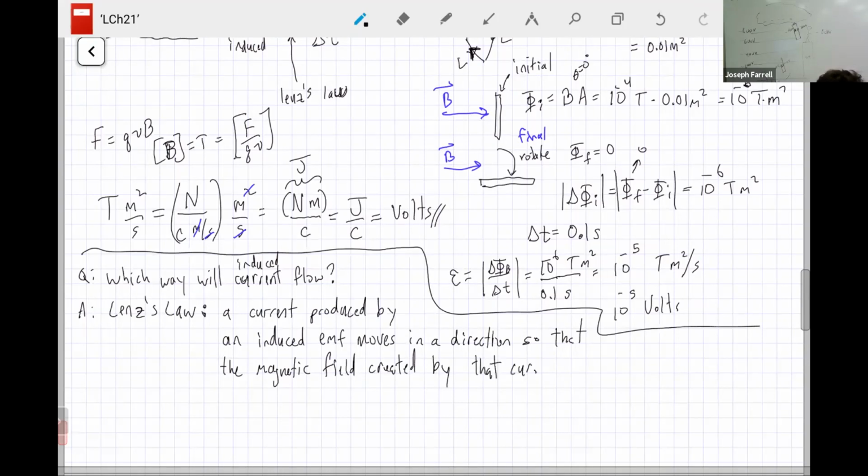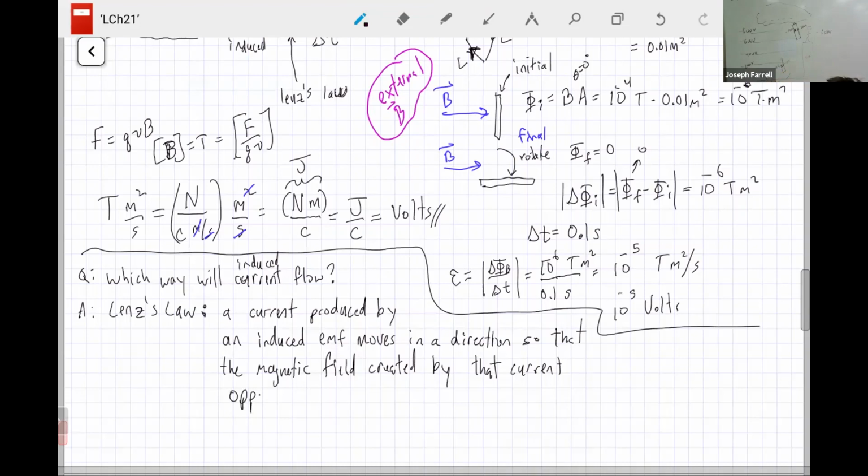So the induced current is creating a magnetic field. That's the first thing to recognize. Lenz's law has to do with that magnetic field created by the induced current. So there's a B here, and one thing to remember is this B is an external magnetic field. That means something else, not this loop, actually created this B, and this loop just is near that external B. But Lenz's law is talking about the current produced by an induced EMF moving in a direction so that the magnetic field created by that current, and I need to finish the sentence,